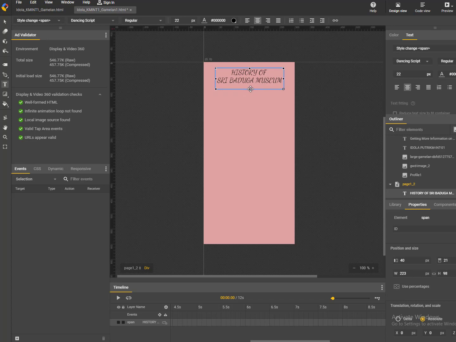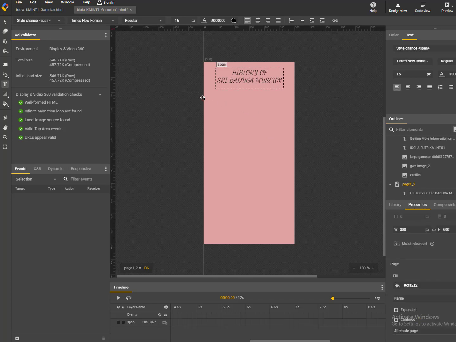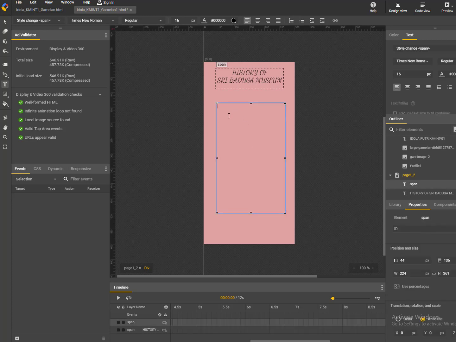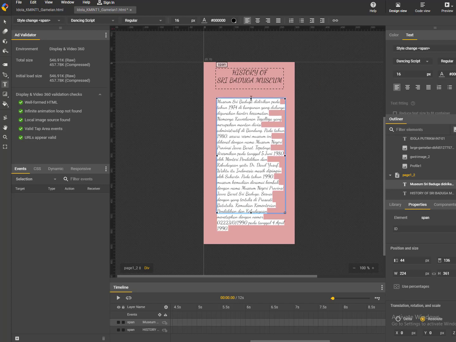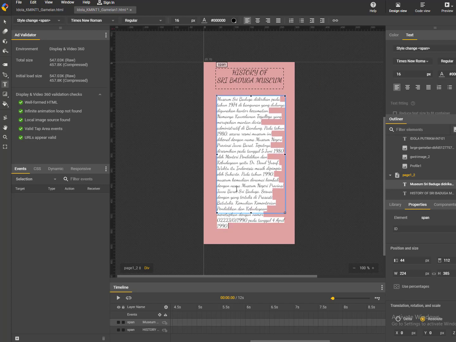So this one is the title of the text of page 2. Now I'm going to put the description of page 2, in another text box. I already copied the description of the text, so we can see here. I'm just going to put it here and make the size of the font smaller.